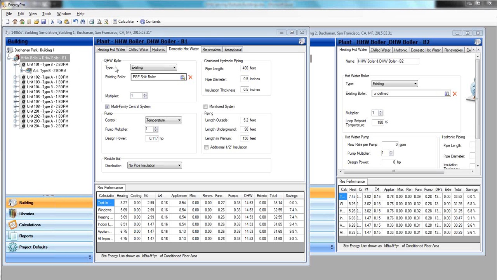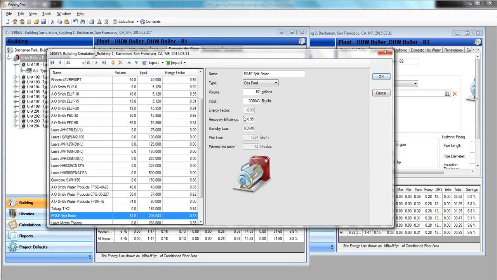So this is a question for you, Kyle. We've got a guy who's a little confused. If we input the standby loss, do we still input the energy factor? You're not going to have an energy factor come up. So you have a recovery efficiency and standby loss. Energy factor, if you remember back to this slide, was talking about greater than or less than 75,000 BTUs. Energy factor is for smaller capacity boilers, and the standby loss calculation is integral to the energy factor number you get. I mean, I can, if I just make this,